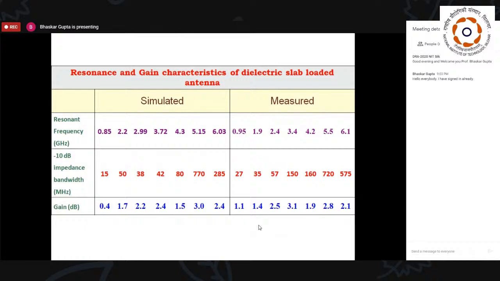To the best of my knowledge, this is the first heptaband antenna after our work. Some people also reported multiband antennas like 5 band, 6 band, but the first and most probably till date the only heptaband antenna is this one. See the gain value at all the bands, of course usable and quite nice. Look at the 10 dB impedance bandwidth also. Well, I'd say the measured value is quite appreciable, quite useful.